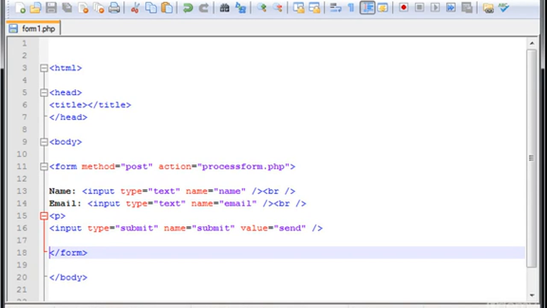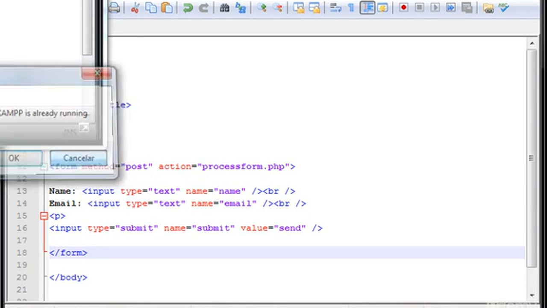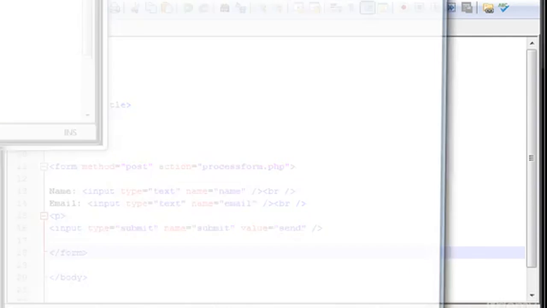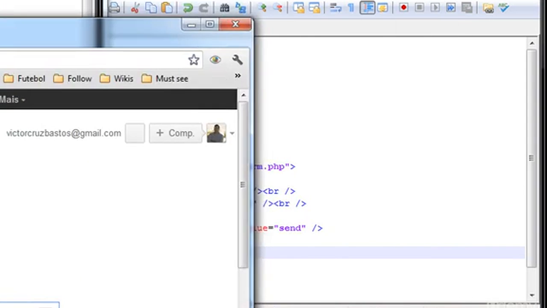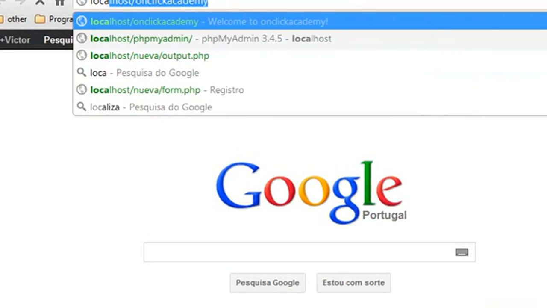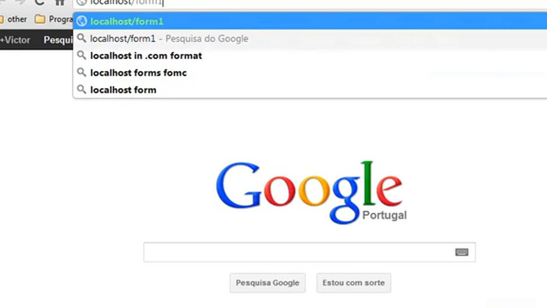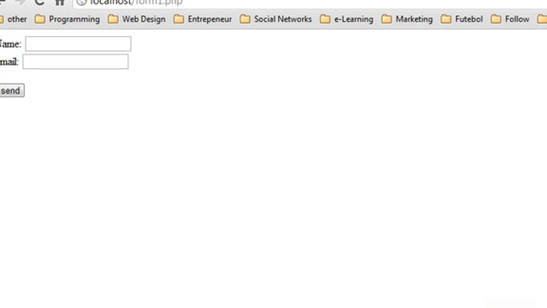Let me check this in the browser. Make sure you have your XAMPP control panel with Apache and MySQL running. And let me go here. Yes, I have mine running. Let me open Chrome. Let me check localhost, and this is going to be form1.php. There it is. Okay, so we now have our form,